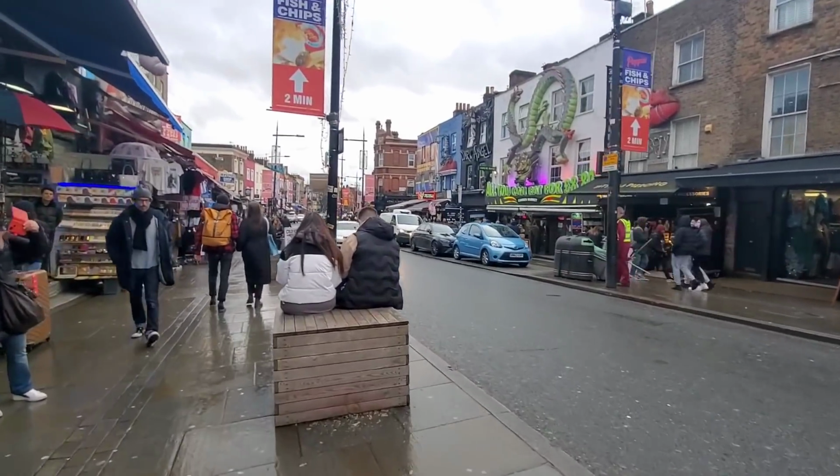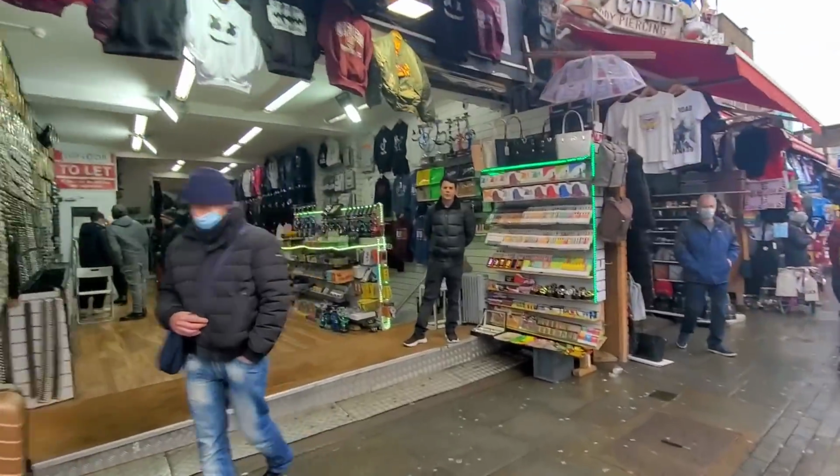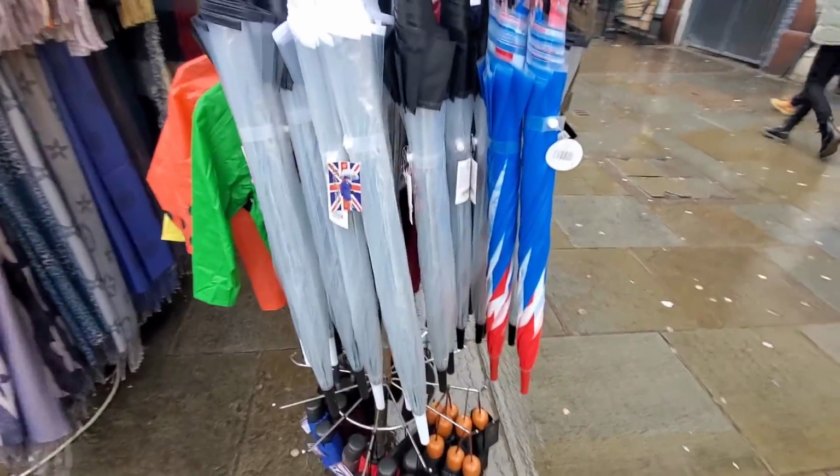It looks like I found the street vendor part of London. There's probably more than one street vendor part, but how much do you think these umbrellas cost? I do know I need an umbrella, but I've heard people say that you can get them for like £1 at the dollar store. I can't go back to the dollar store, but